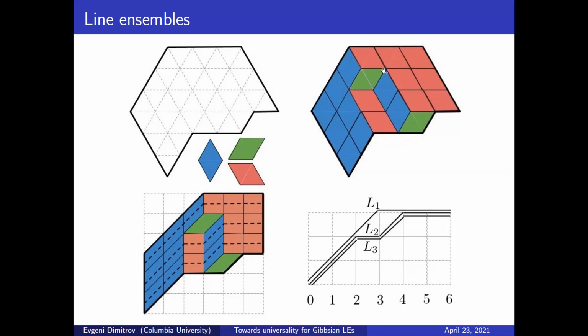Now, to get to a line ensemble from this picture, all you need to do is perform a simple affine transformation that gets you to this thing here. And then you can draw small black segments that connect the midpoints of the blue and the red parallelograms in this picture. This way, you obtain a random collection of upright paths. Here I just have the same paths, but shifted a little bit. And so this is an example of a discrete line ensemble.